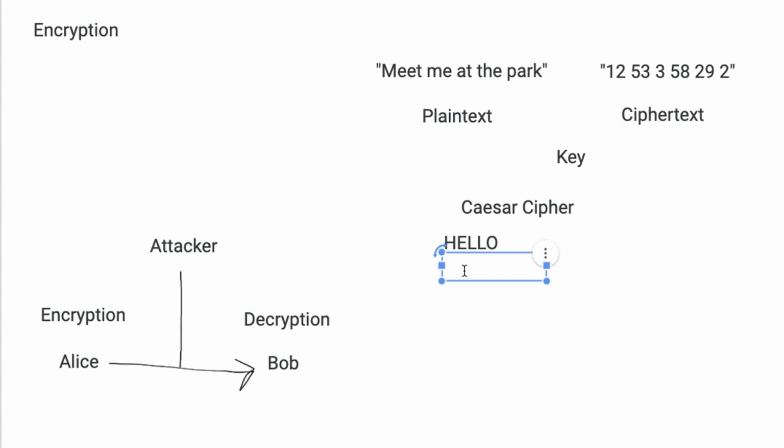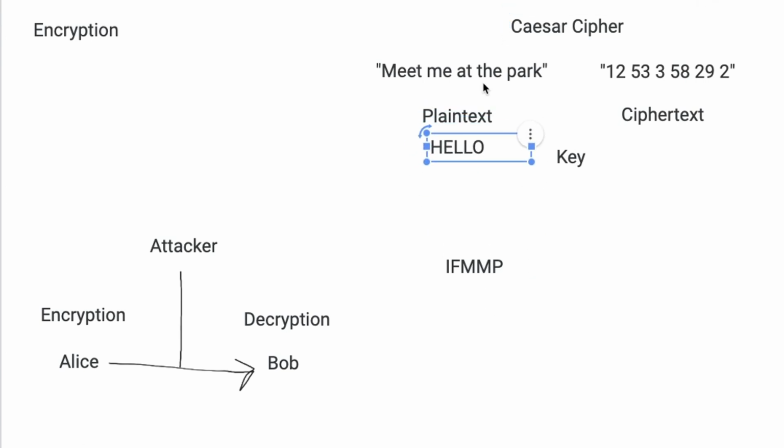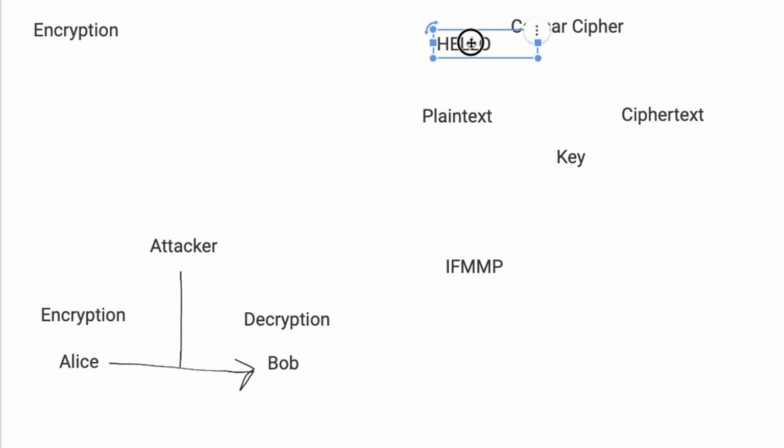If we want to shift H forward once, we know that the letter after H is I. So H turns to I, and E turns to F because in the alphabet F is after E. And for the L's, it would be L, M, so L turns into M, and this is true for both of the L's, and O turns into P. So in this context, in the Caesar cipher, HELLO would be the plaintext, and the ciphertext would be